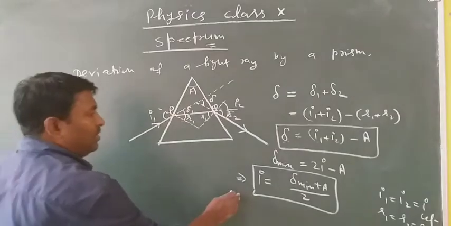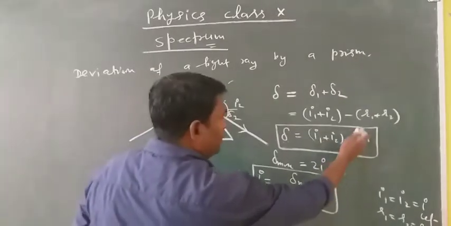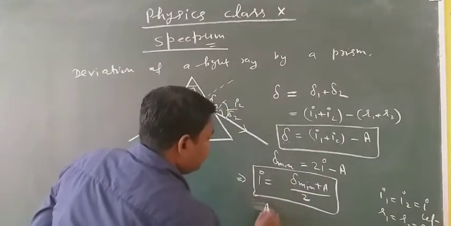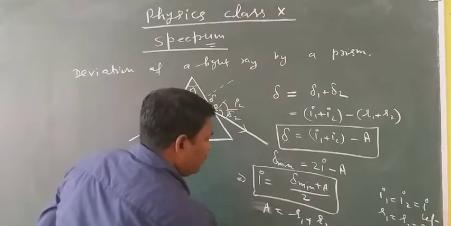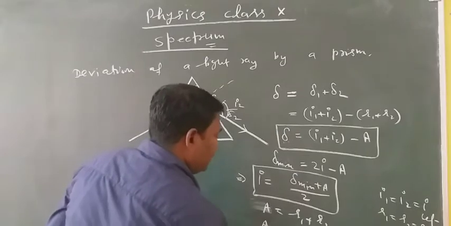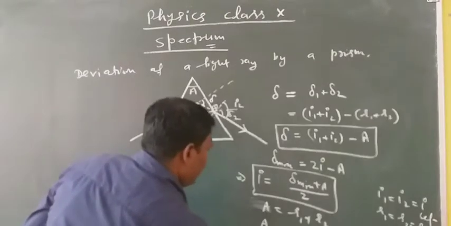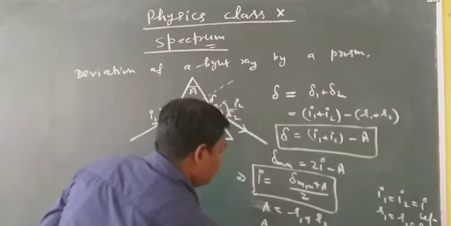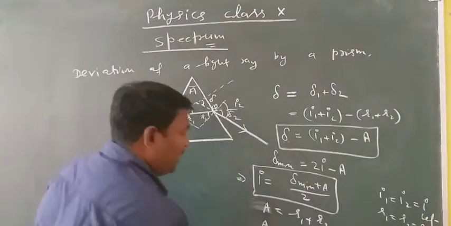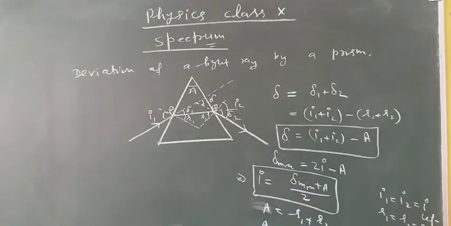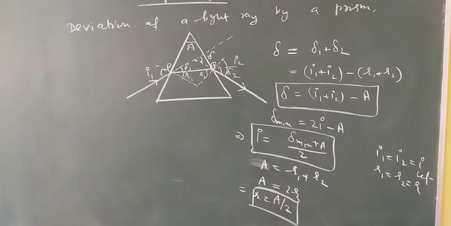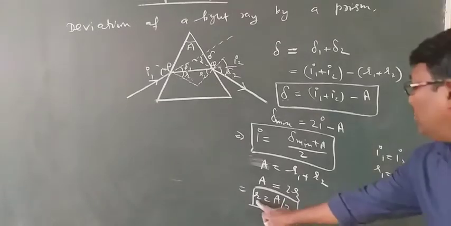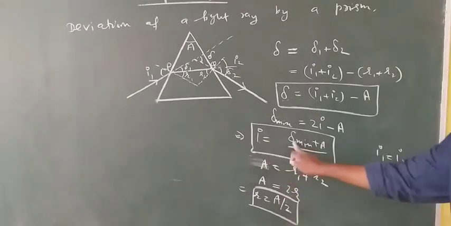By Snell's law, and here R is equal to what? Since A is equal to R1 plus R2, as you know, therefore here 2R is equal to A. It implies that R is equal to A by 2. Okay, R is equal to A by 2. Is it visible? Let me check. Yes, now you can see this R is equal to A by 2 and I is equal to delta minimum